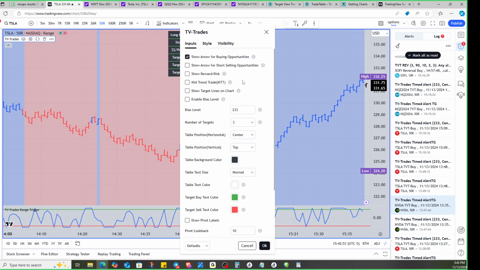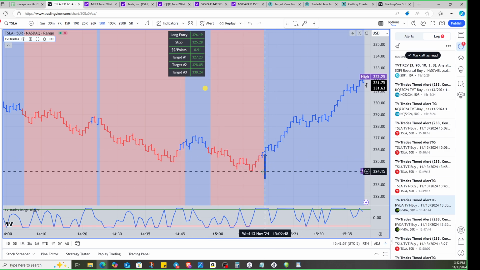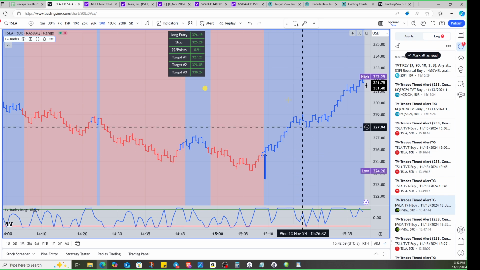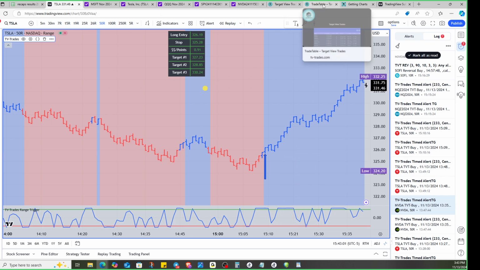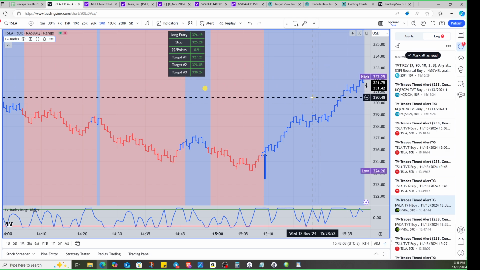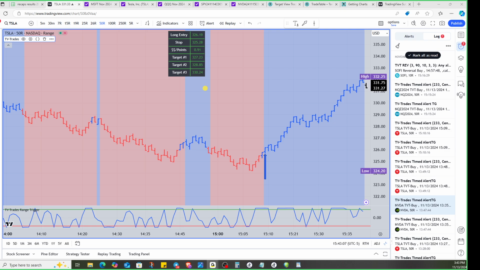But for the stocks, for the most part, I'm just doing the long trades. And what I was thinking I would do is create a totally separate room for the shorting opportunities. So when the market changes direction,